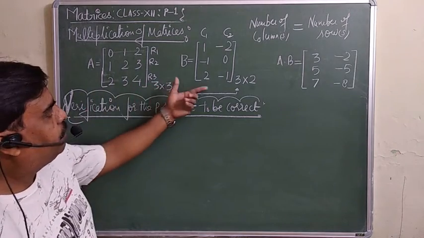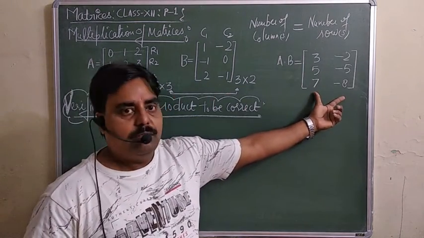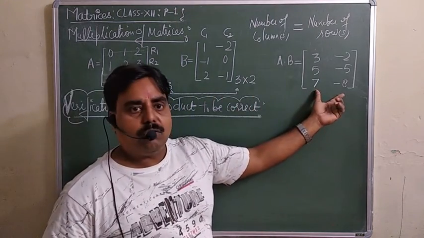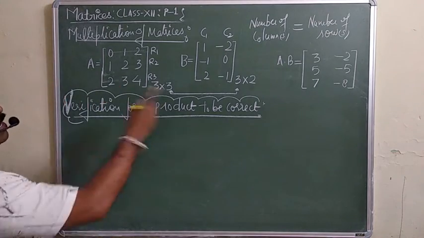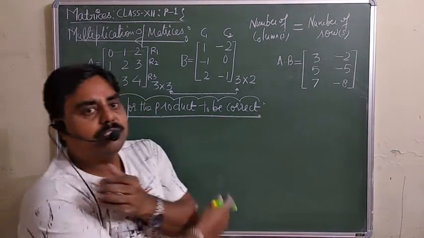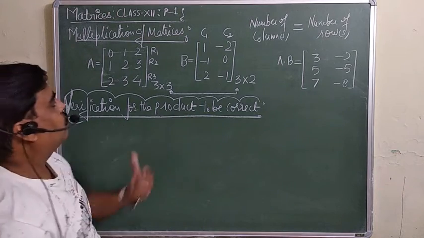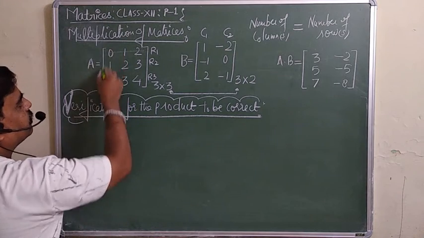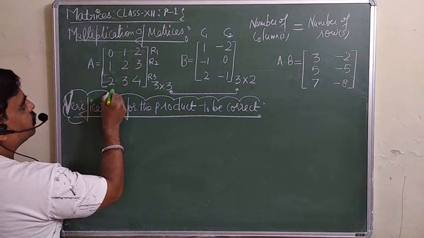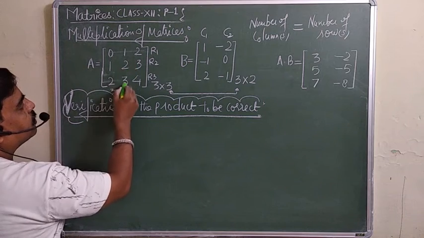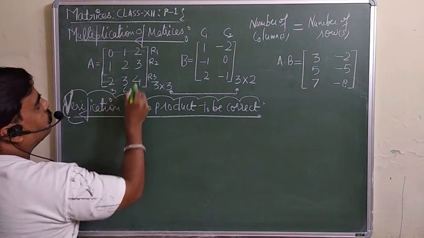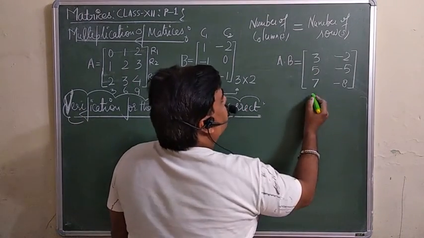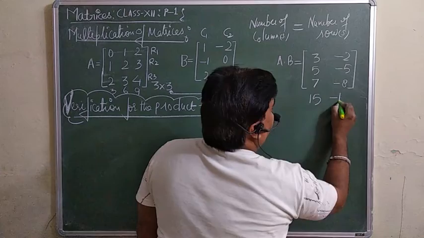Now, multiplying A into B, we get this product. Now you want to verify whether your product is correct or not. There is a shortcut. To check whether this product is correct, you must do the sum of the numbers given in each column. So 1 plus 2 is 3. Here 1 plus 2 plus 3 is 6. 4, 3, 2 is 9. And then here you do the sum of this one, so you will get 50 and this is minus 50.